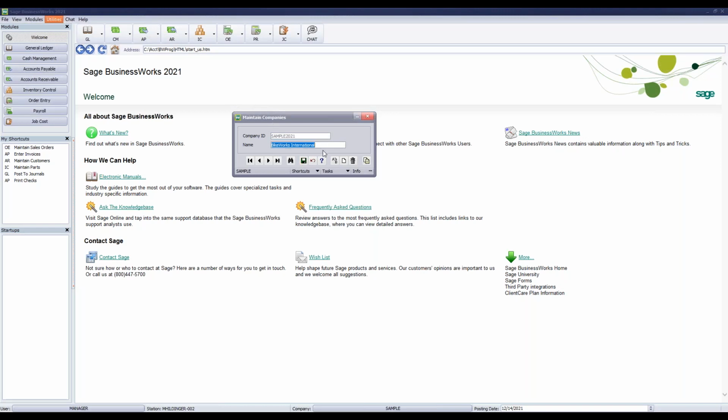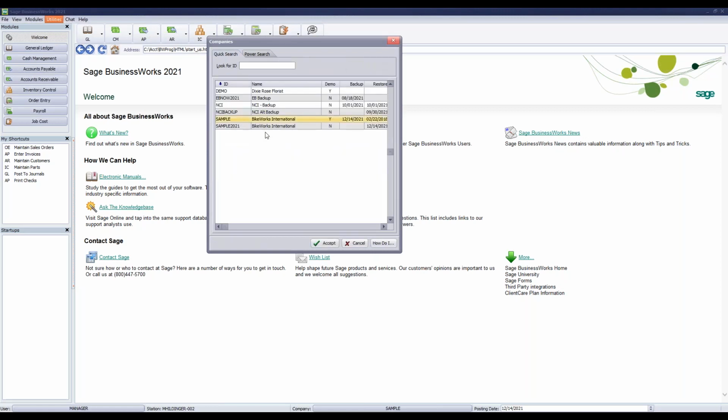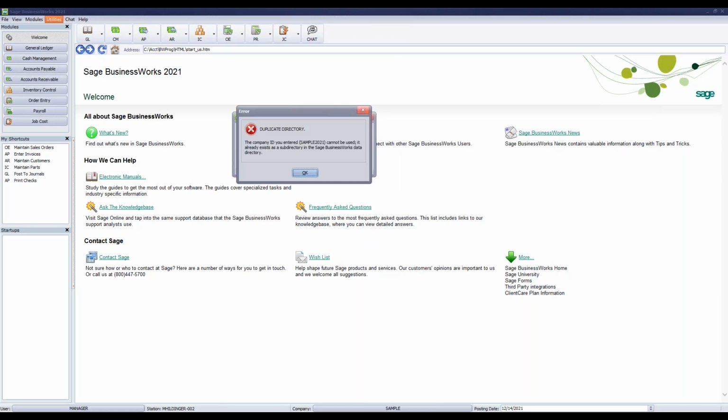It's the combination of the file backup and the file restore without having to figure out where you saved that file. So now I have a new company listing here. And I can see my original sample company, and I can see my sample 2021 company. From there then, if I needed to make a new copy for some reason, if I wanted to recopy my original company and I tried to make that backup,